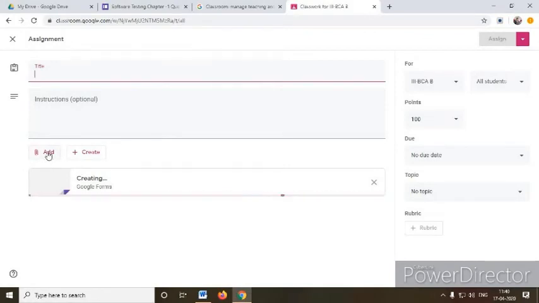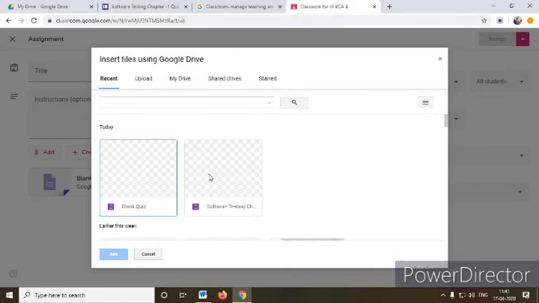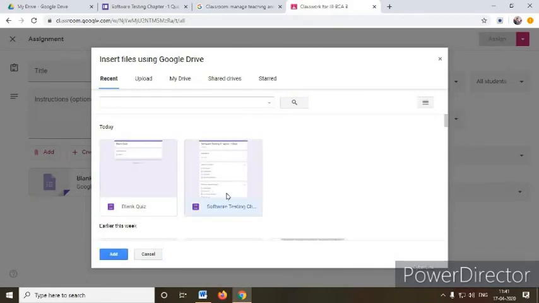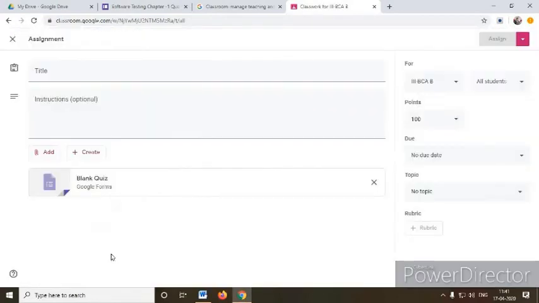From this, click the add button from Google Drive. See, the software testing quiz has been created here. Just select this add option. Previously it was a blank quiz, just close it. Now you can see the title, you can put it as software quiz 1.